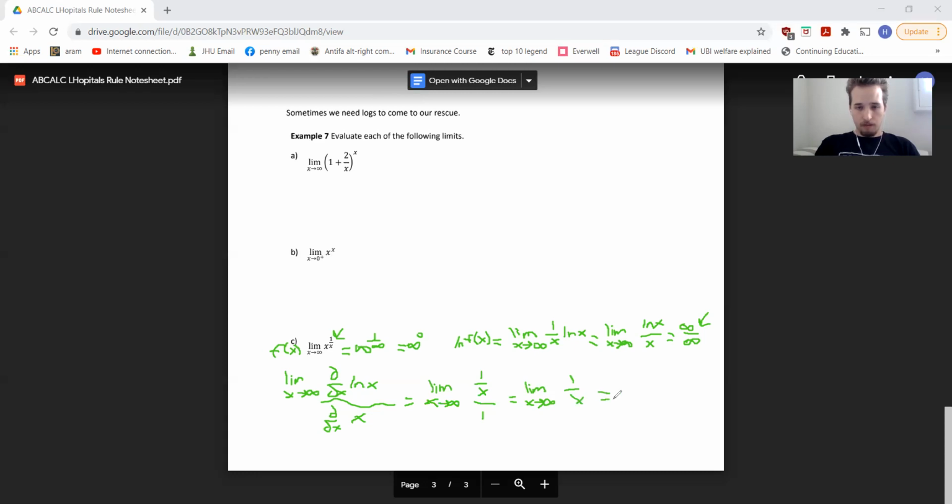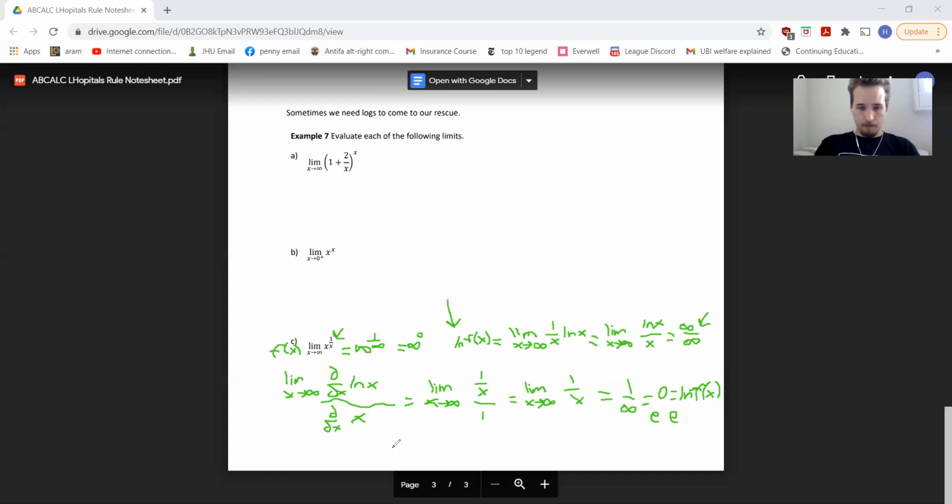And when you put that in, you just get 1 over infinity, which is equal to 0. But that is equal to ln of f of x. Remember this. If you're taking the natural log of both sides, you're going to have to eventually put everything to the e power again. Right? So when you e both sides,